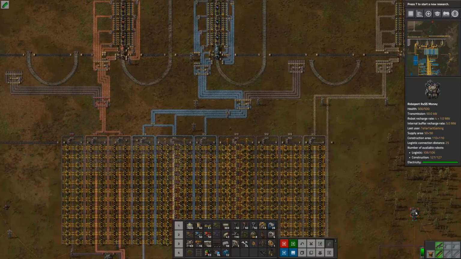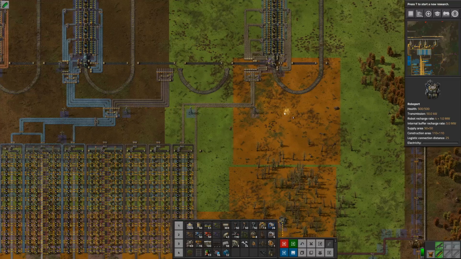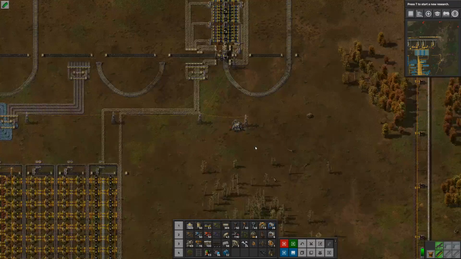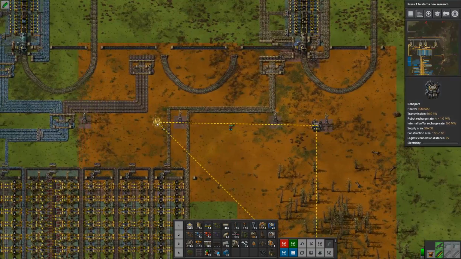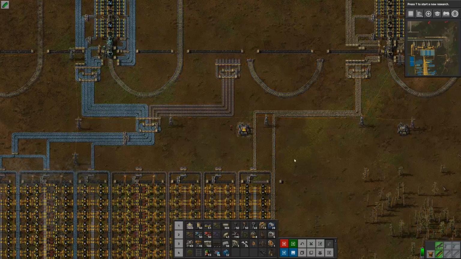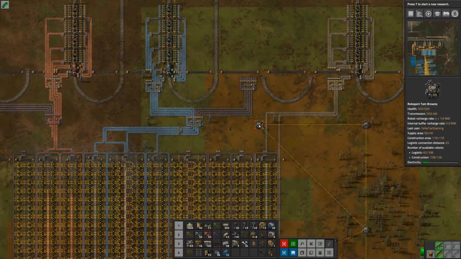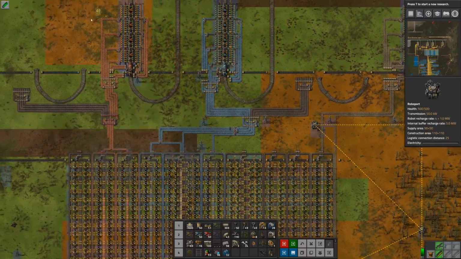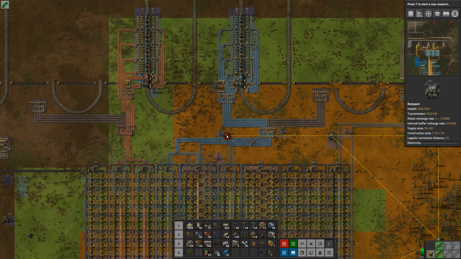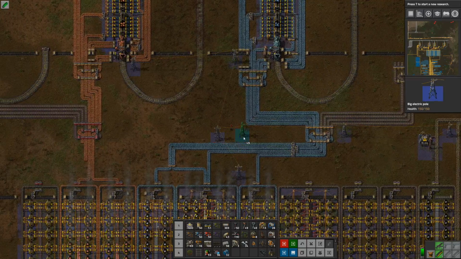Now, I am going to put down more roboports because I want to extend the network. Now, you don't need to extend the network at all if you don't want to. I would say focus on the thing that is most important to you. If you feel like the most important thing is to have help in constructing, then by all means make sure you have as much area covered as possible with the green. Like covering as much as possible with the green